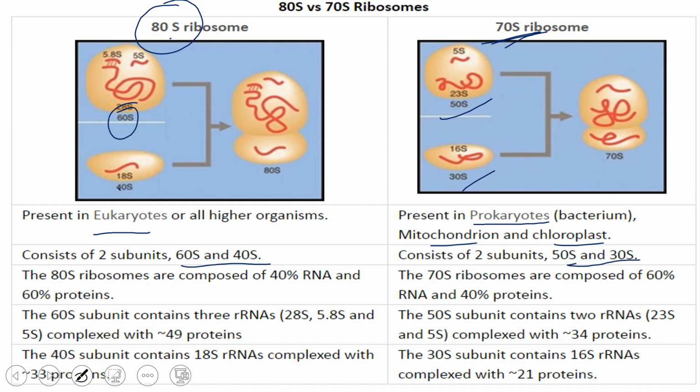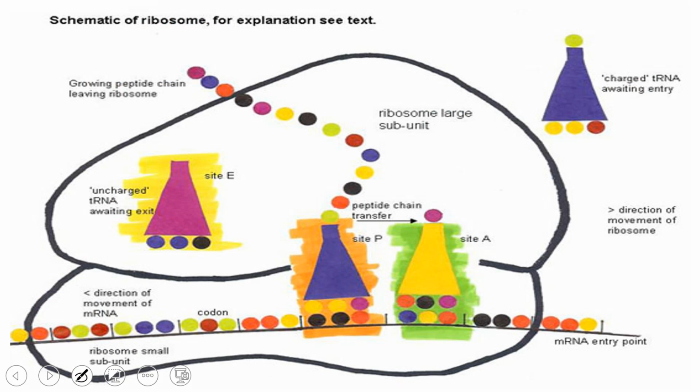80S is composed of 40% RNA and 60% protein. 60S is composed of 3 ribosomal RNA, 49 proteins. 40S is made of one ribosomal RNA and 33 proteins. Similarly, 70S will have 60% RNA and 40% protein. 50S will have 2 ribosomal RNA and 34 proteins, which I have already shown you. 30S contains 16S ribosomal RNA and 21 different proteins. So this is some of the information about the